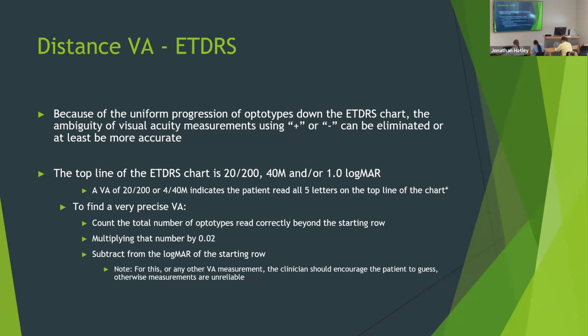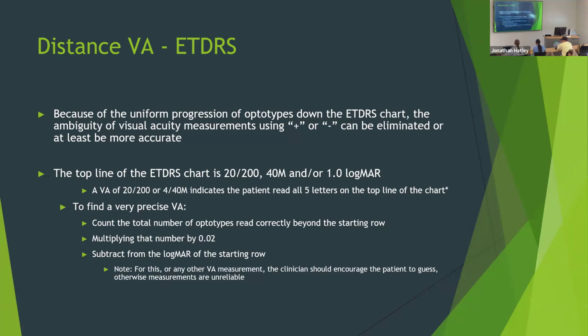So to find a very precise visual acuity, instead of saying 20/25 or 4/20m +2 or -3 or whatever, you can find a very exact acuity by setting up your chart and then counting the number of letters that the patient reads beyond the top line. Our charts, unfortunately, are older style. They're still calibrated for 4 meters. But at that distance, with the 20/200 line on the top or a 40M letter on the top,